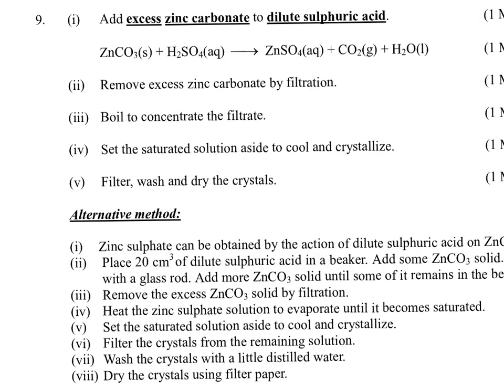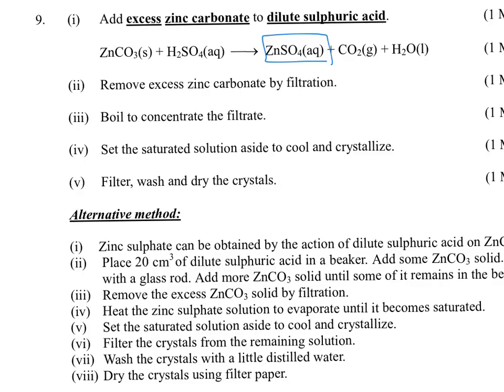Question number 9 is about the preparation of salt. What is the first step of treating this question? You need to find out whether the salt is soluble or insoluble. So in order to form zinc sulfate as the salt, it is a soluble salt. So you need to add either carbonate to acid or alkali to acid to perform neutralization in order to form the salt. But not